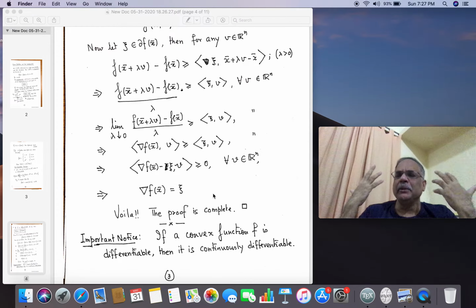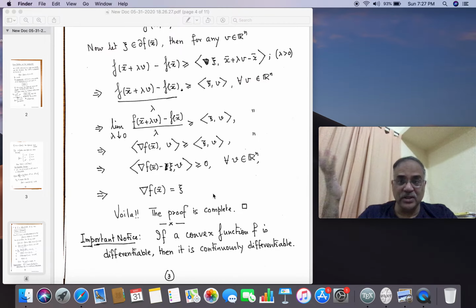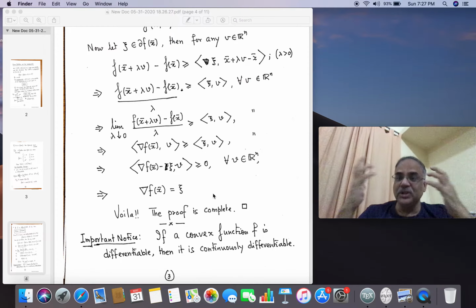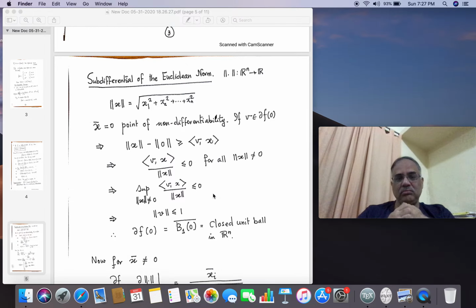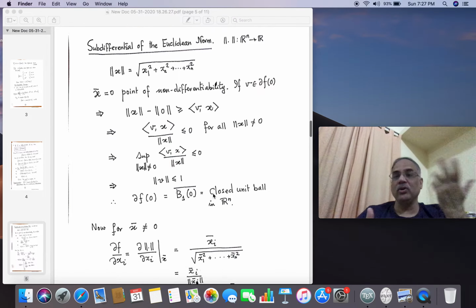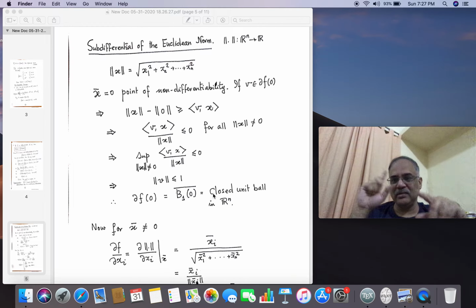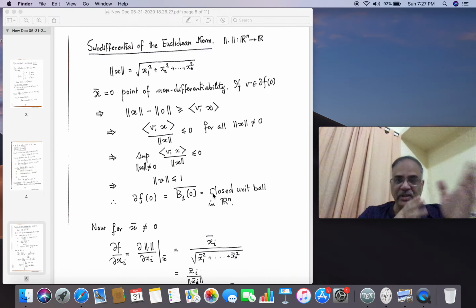This is a very strong thing which convexity has, which the other functions lack, and as a result of which it is much easier to work with convexity. Our idea would be now to compute the subdifferential of the Euclidean norm, which you know is a convex function, because of its absolute value, in the case of modulus of x, absolute value of x, you know the graph very well. All these things have been done in the previous lecture of this series.